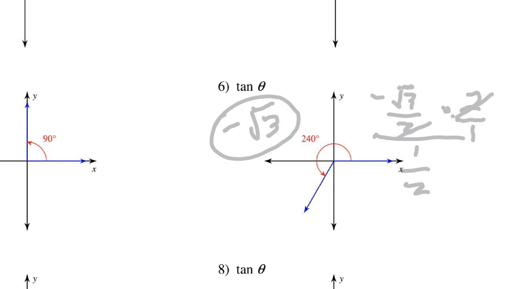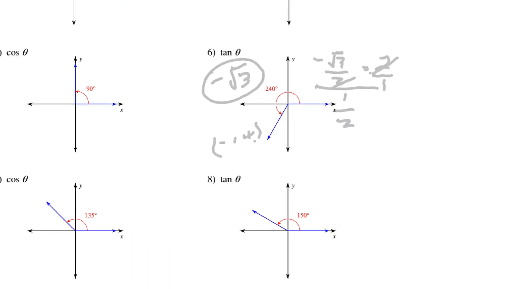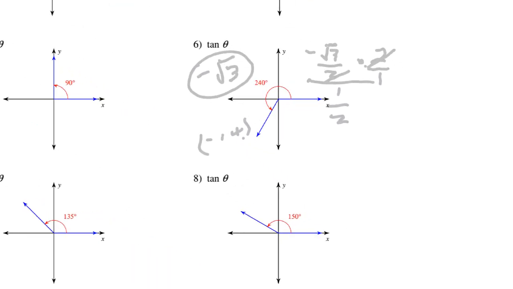So you got to think about this. This is in quadrant 3. And quadrant 3 is negative, positive. And this tends to make sense, since if you put a negative over positive, it's going to be a negative. Okay, so those are a few tangent ones. You can see number 8 is tangent of 150, so that you would just have to get your unit circle measures for 150. And then, oh,